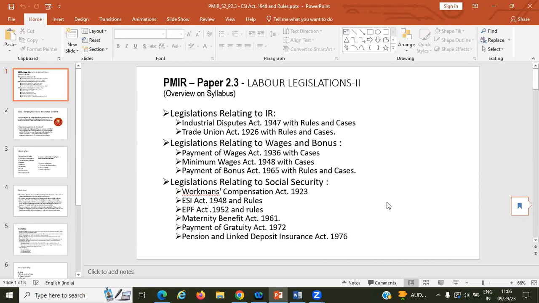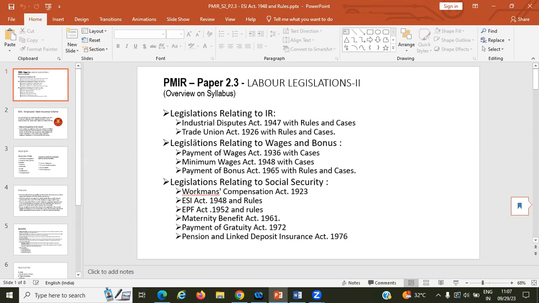Today we will discuss a new act, the ESI Act. What is the ESI Act? Employees' State Insurance. You may know the full form, ESI Act, 1948. So we'll understand what is the meaning of the ESI Act, what this act is, how it is implemented, what is the scope of this act,